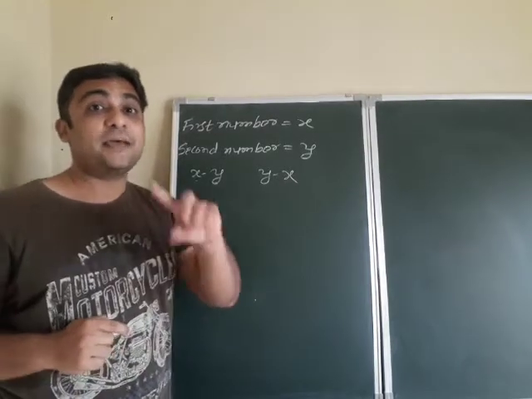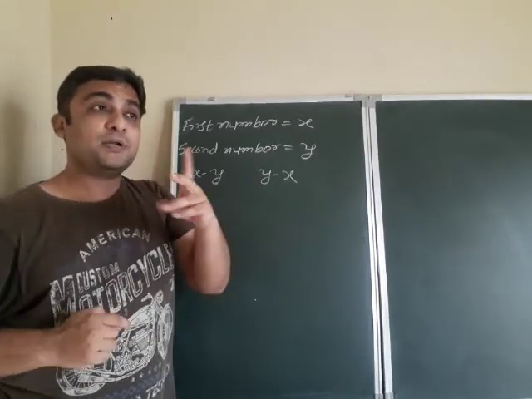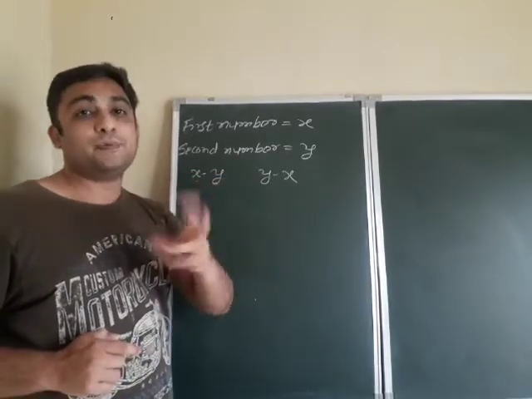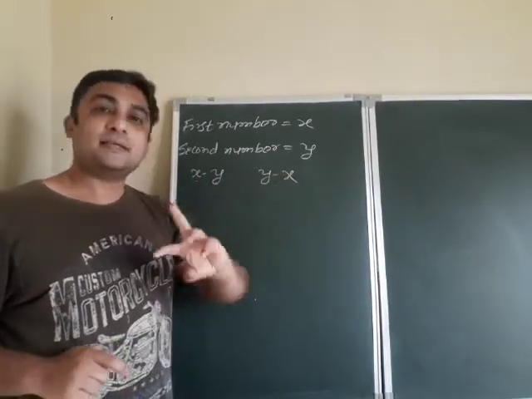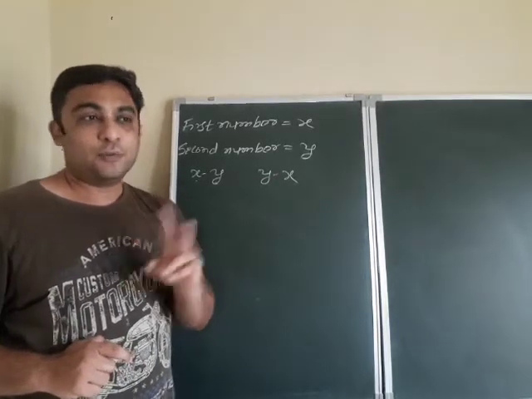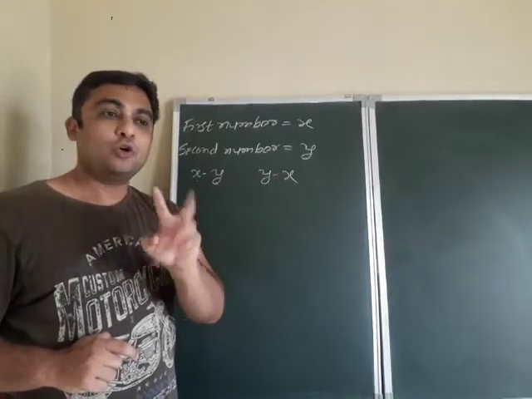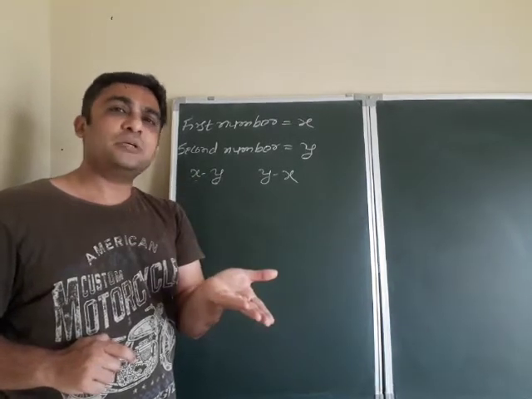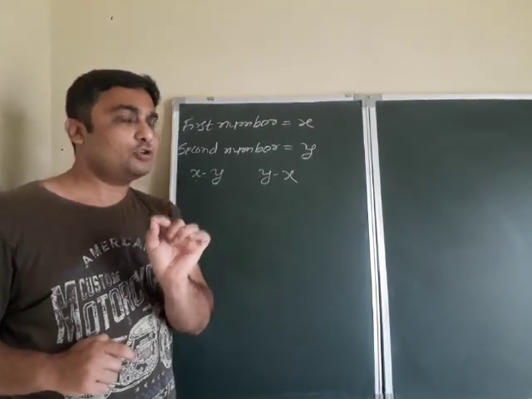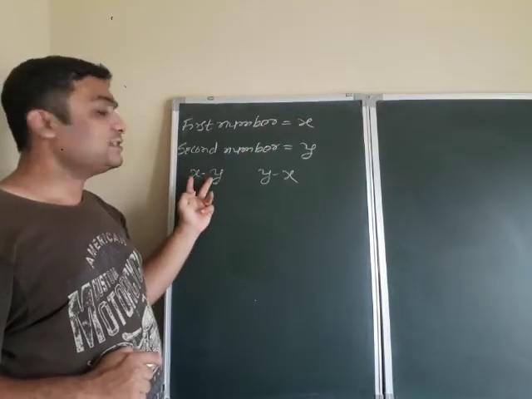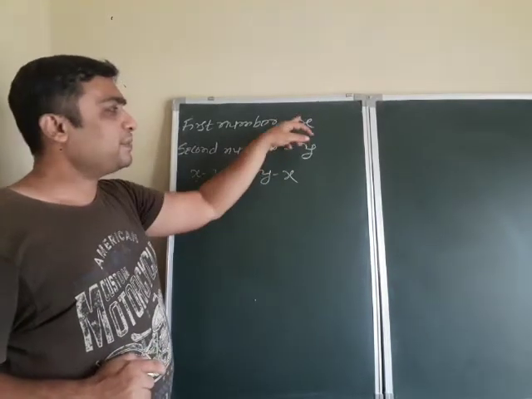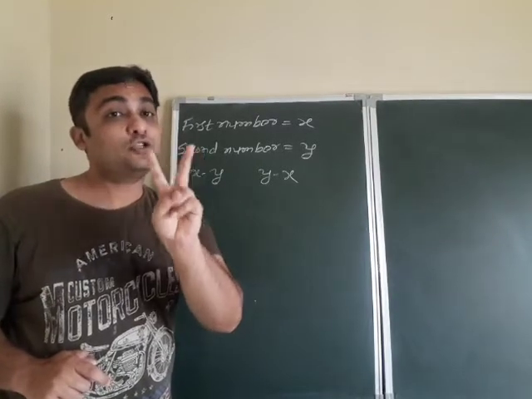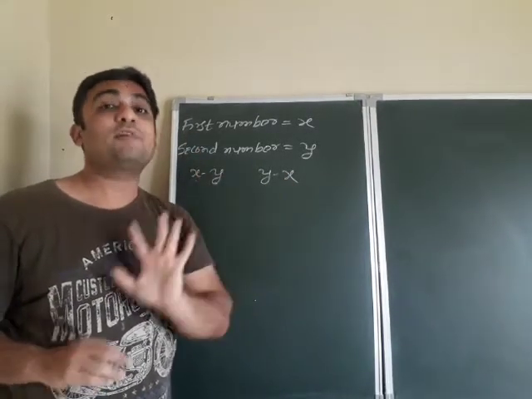If you say difference of x and y, then also it is the same two ways. Either x minus y is the difference of x and y, or y minus x is also the difference of x and y. Because whether you say difference of x and y or difference of y and x, both are the same in mathematics. Understood? So don't think that the difference of x and y is always x minus y. No. The difference of x and y means two possibilities: either x minus y or y minus x.